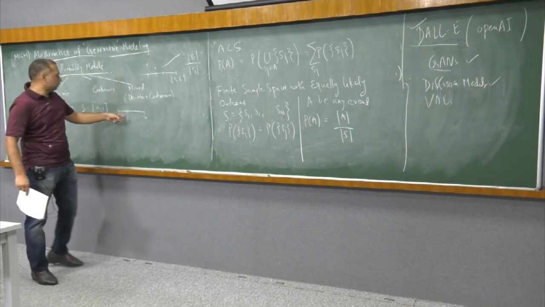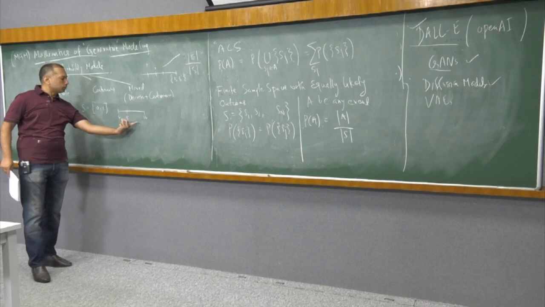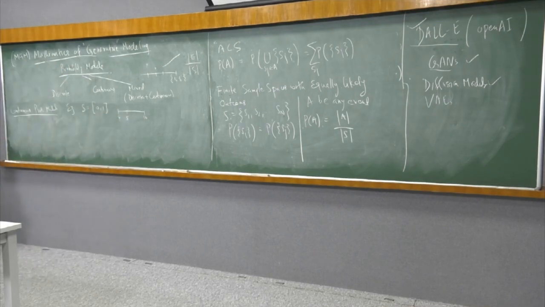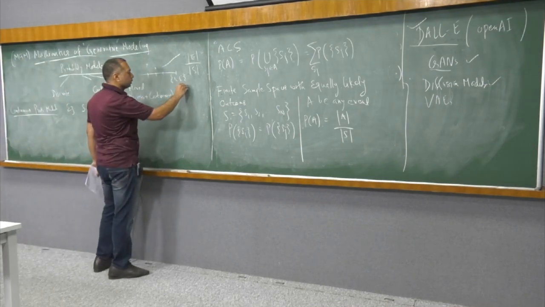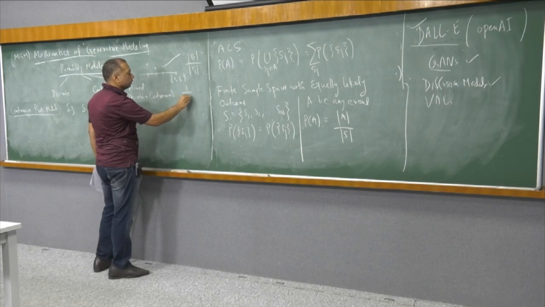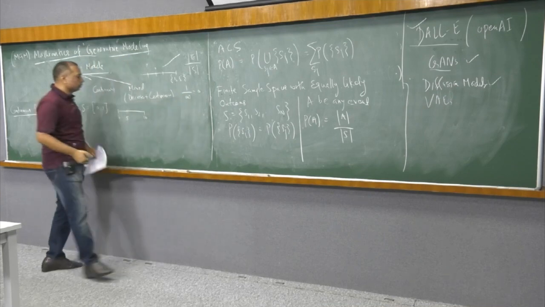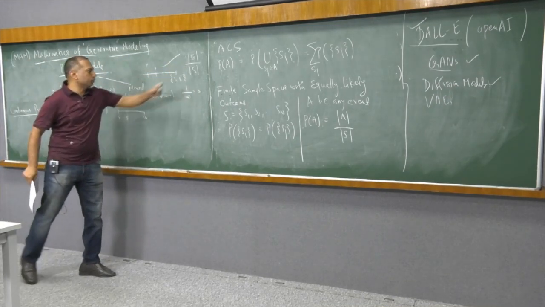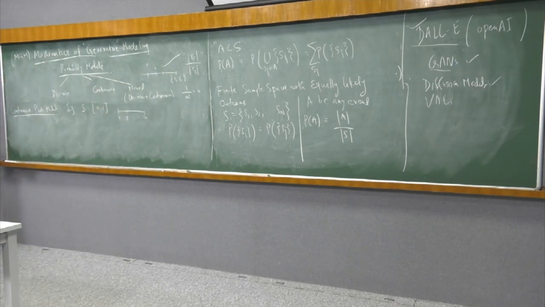In my event I have 5, so it's 1, and in the sample space I have infinitely many numbers between 4 and 10. If I go via the discrete probability model, then it's 1 divided by infinitely many numbers in the sample space, so it's always going to be 0. So there will be a problem in using this formula for the probability measure of an event in the continuous case. It will always be 0 and it won't make sense.